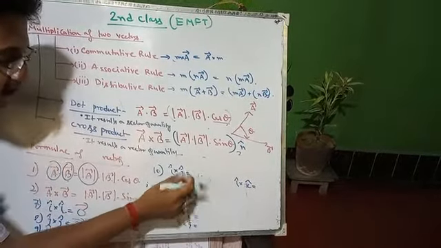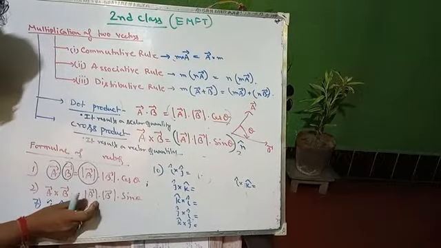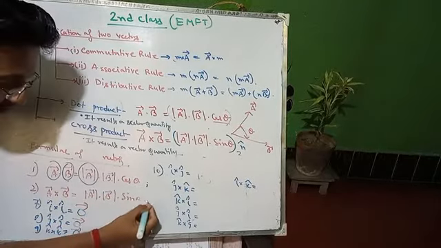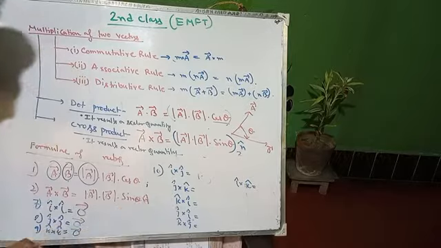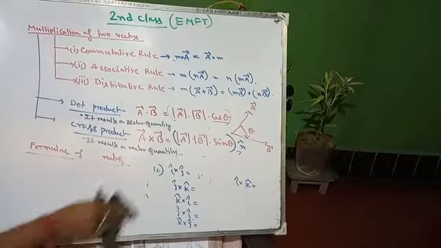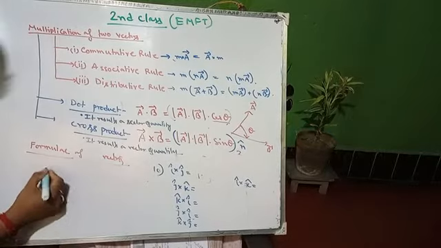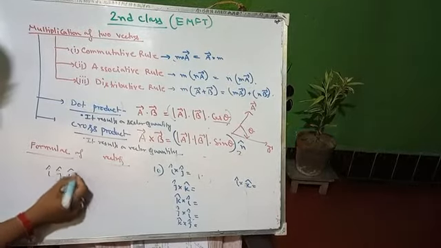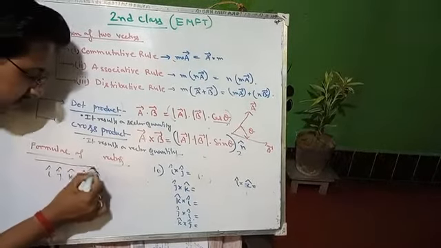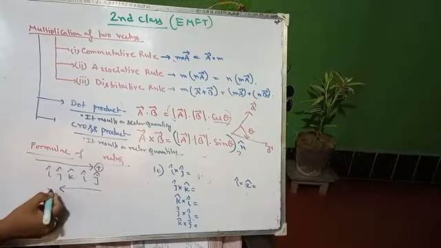I cross j has magnitude 1, because the magnitude of I is 1, the magnitude of j is 1, and the angle between I and j is 90 degrees. But there is also the n cap. So how do we find this n cap? I have shown you a very easy way. Always remember the sequence I, j, k, I, j. If we move from left to right, it gives the positive of the next, and if we move from right to left, the negative of the next.